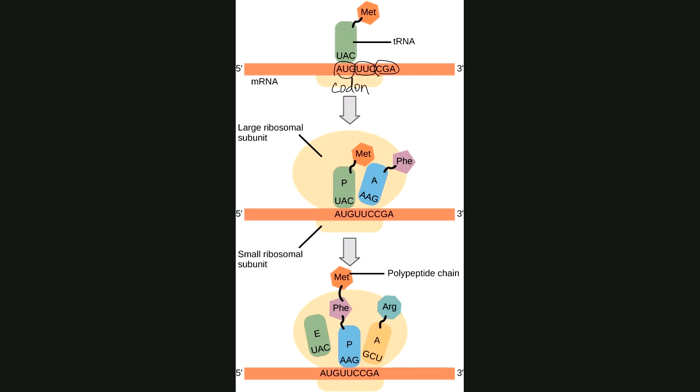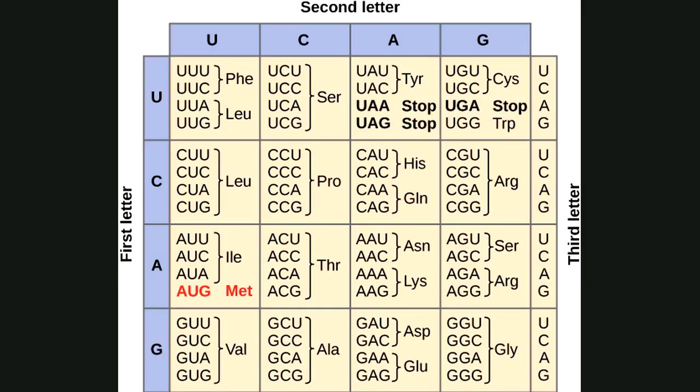Now I'm going to take us away from here for just a second because I want us to look at this genetic code chart right here. So this is showing all of the possible codons. If you take all 4 nucleotides, A, C, G, and U, and you combine those in every possible way in their sets of 3, you come up with, I believe, about 64 total combinations. And so you see them all here. What you also see is what particular amino acid is coded for by that particular codon.